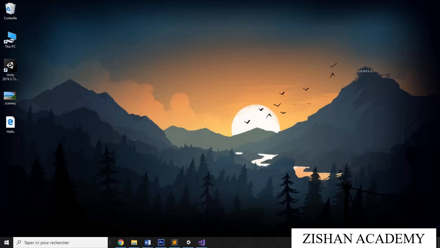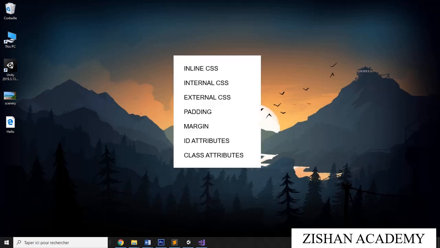Today we are going to see CSS in HTML. CSS stands for Cascading Style Sheet.